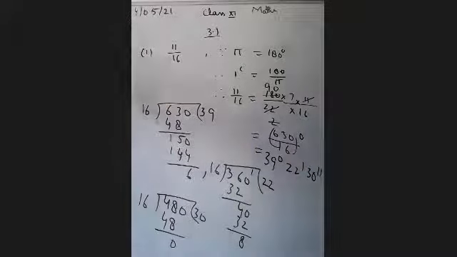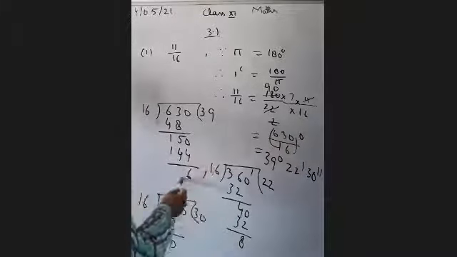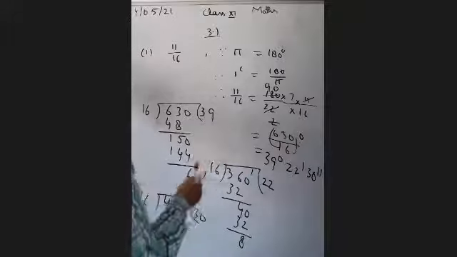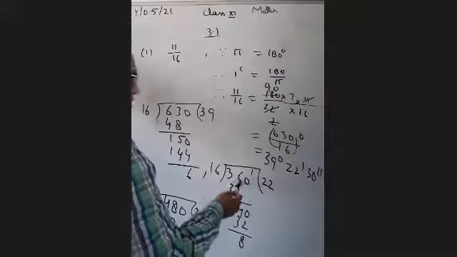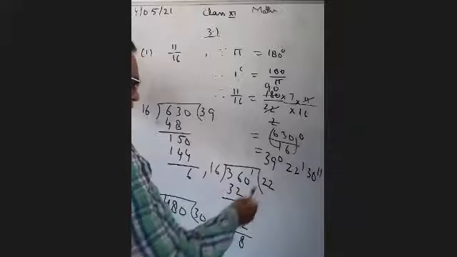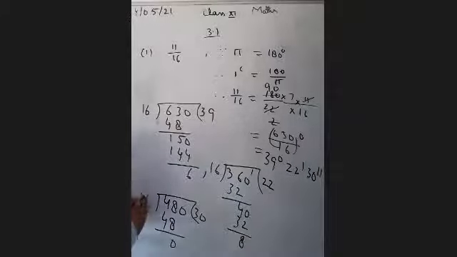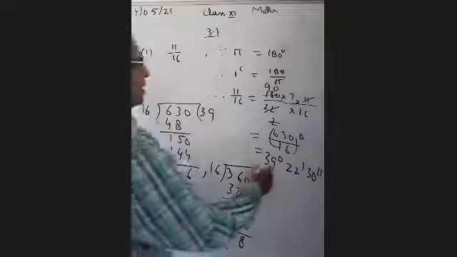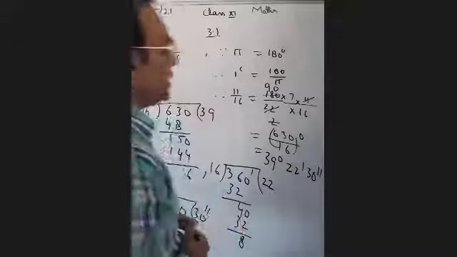So we have to just either you leave it without dividing. If you divide, you have to take care whatever the remainder. Okay, you have not to put decimal here. You have to convert first into minute by multiplying 60. Then you have to divide. If you get again remainder, then you have to again multiply by 60. Then you have to divide. Then this answer will come into second. So you get the answer. We get the answer 39 degree, 22 minutes and 30 seconds.